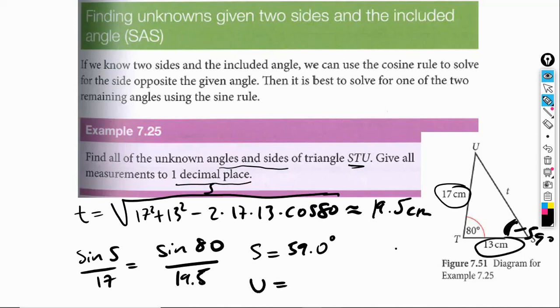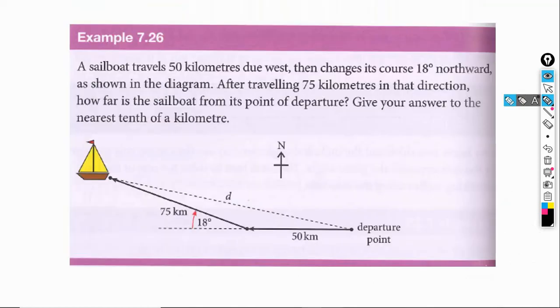So u is going to equal 180 degrees minus 80 degrees and minus 59 degrees, and that is going to equal 41.0 degrees. Very well, so now we continue with example 7.26, and it says a sailboat travels 50 kilometers due